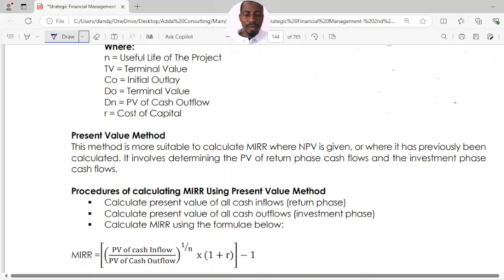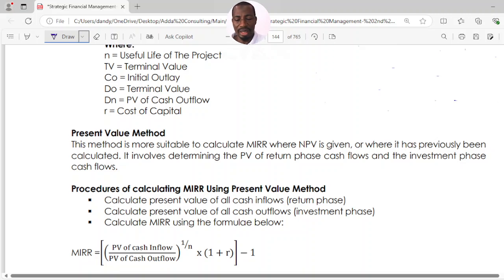if you want to use the present value, again, there are 3 procedures you are going to carry out whenever you want to use present value to calculate the modified internal rate of return. The first thing you need to do is to calculate present value for positive cash flows. The second step is to calculate present value for all the negative cash flows separately. Step 3 is to proceed to calculating the modified internal rate of return using the modified internal rate of return